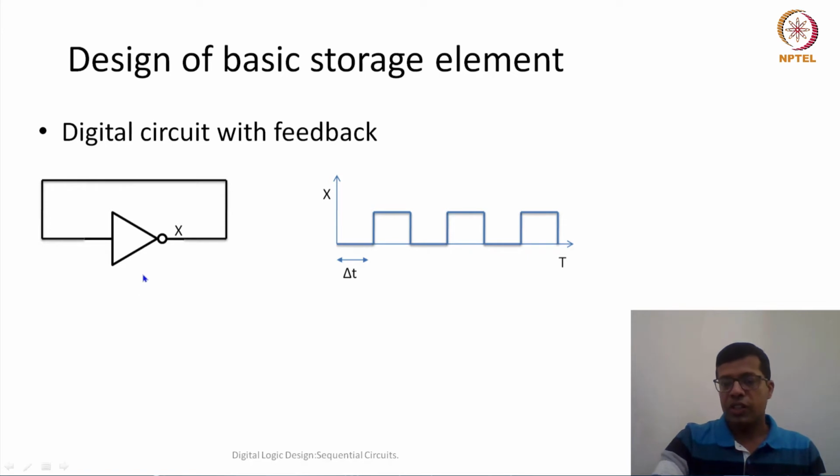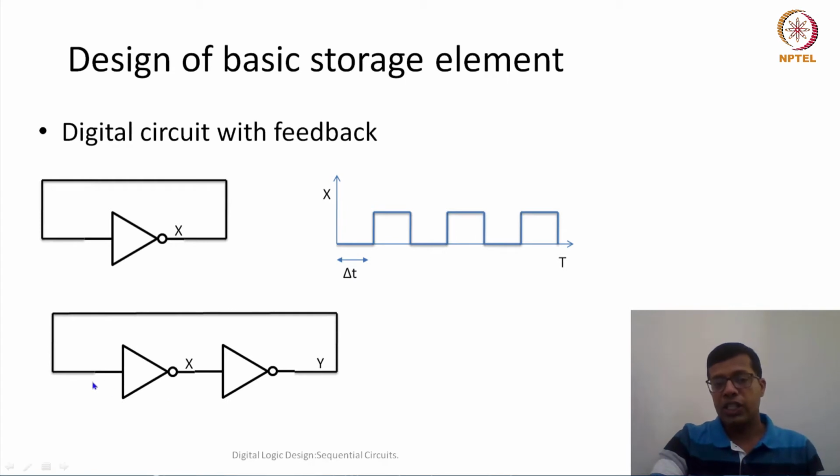So instead of one inverter, if we keep two inverters, then yes, this would be the circuit. Let's say there is an input y here, and that y would be inverted as x here, and this x would be inverted again as y. So essentially, if somehow initially in this circuit 0 was stored, so 0 was the output here, it will always remain 0 as soon as power is available to this circuit, because this 0 would be given as an input to this inverter, the output of this inverter x would be 1, and because x is 1 here, y would be 0.